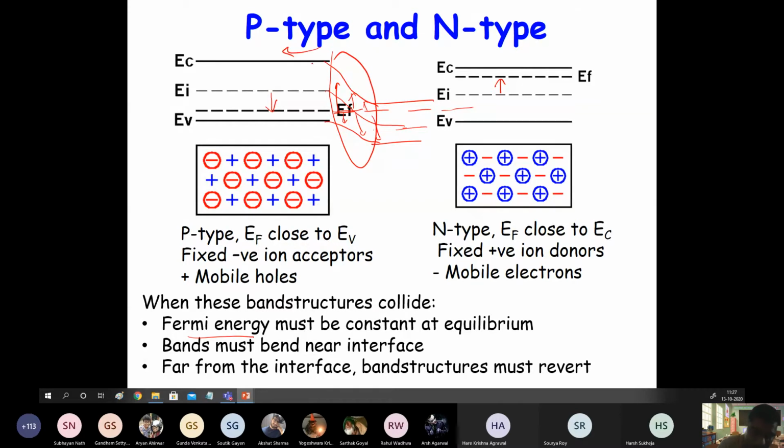If you move away from this junction, these bands will retain their original shape, so this will be normal p-type and normal n-type, right? So what is happening basically is that the mobile carriers are jumping across the metallurgical junction. So if you see here,